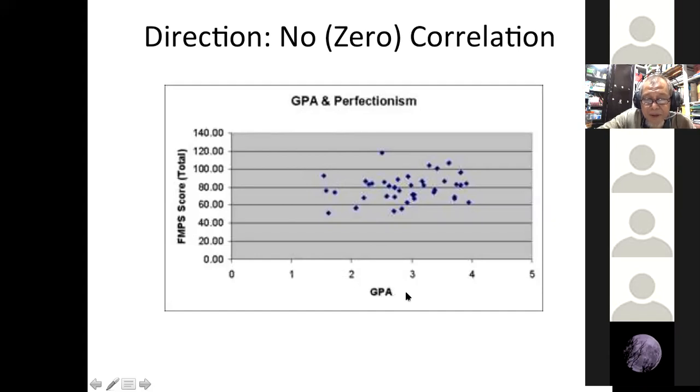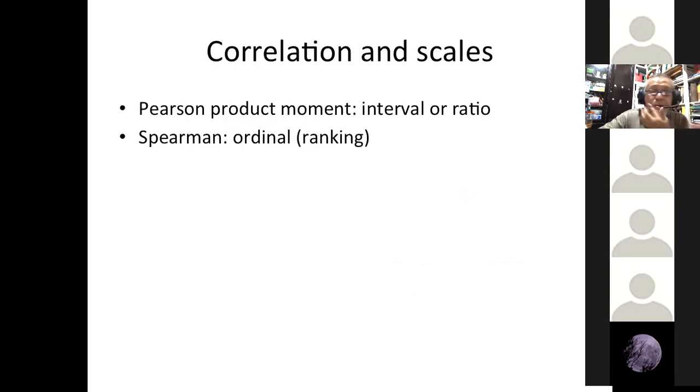When we are talking about the height, how tall they are, and then the fluency in English, the plot may look like this. Someone who is tall may be low in their speaking, may also be high in their speaking. So there is no correlation between the height and the fluency in speaking. So the direction looks like this.